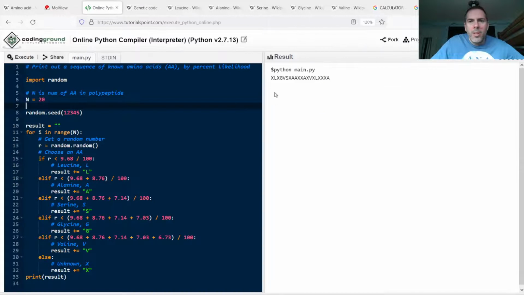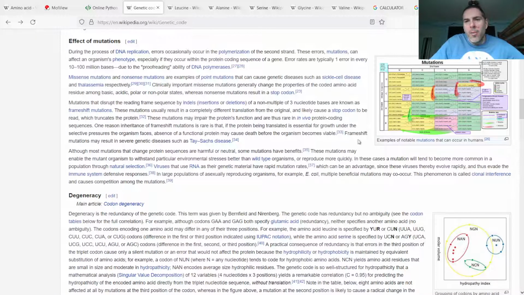So on the subject of likelihood of amino acid, I didn't bring this up before, but the genetic code is the sequence of nucleotides that are needed to select the amino acid when you're building a protein.